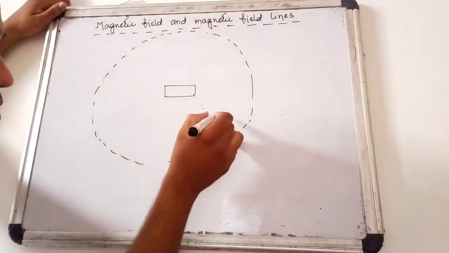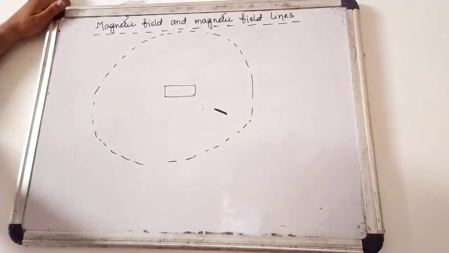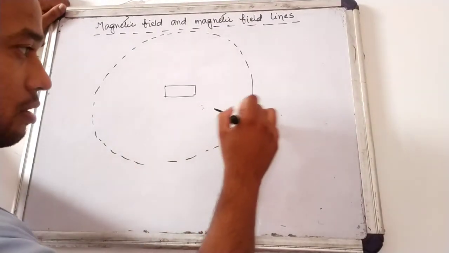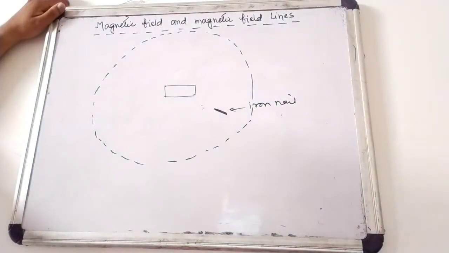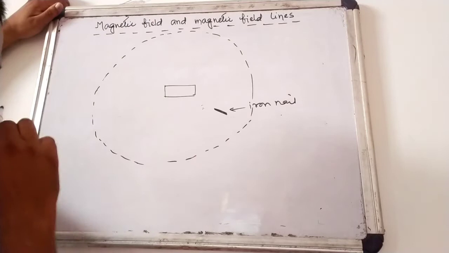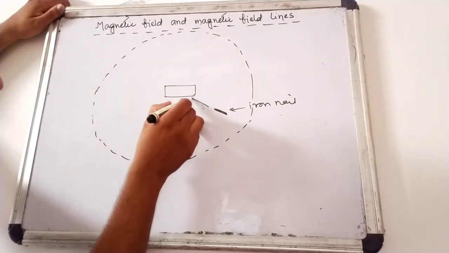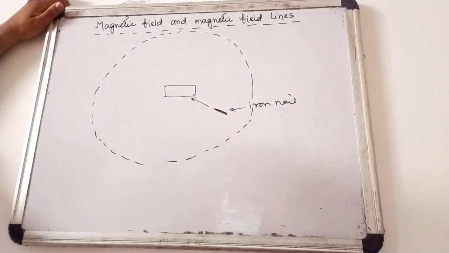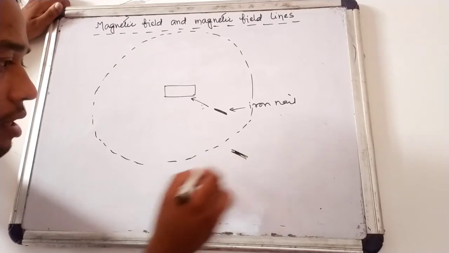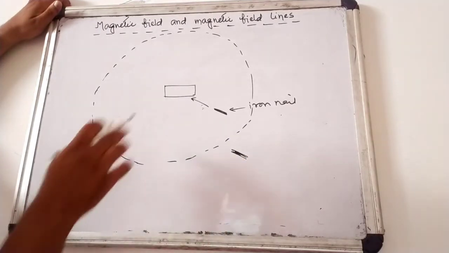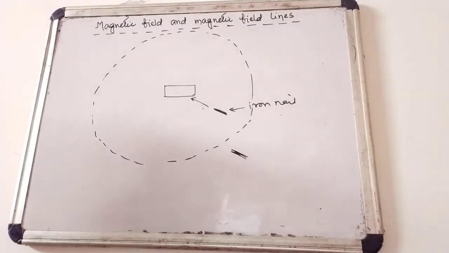Okay, suppose inside this region we place a small iron nail here. Okay, a small iron nail. Then what will happen? This magnet will attract this iron nail towards itself. But if we place this iron nail outside this region, then this magnet cannot attract this iron nail towards itself,